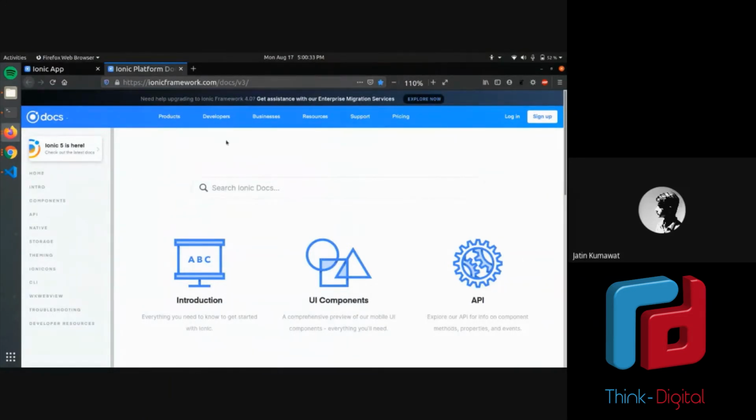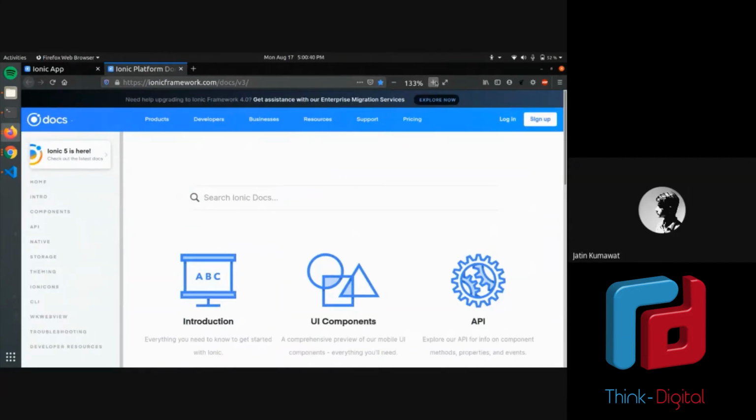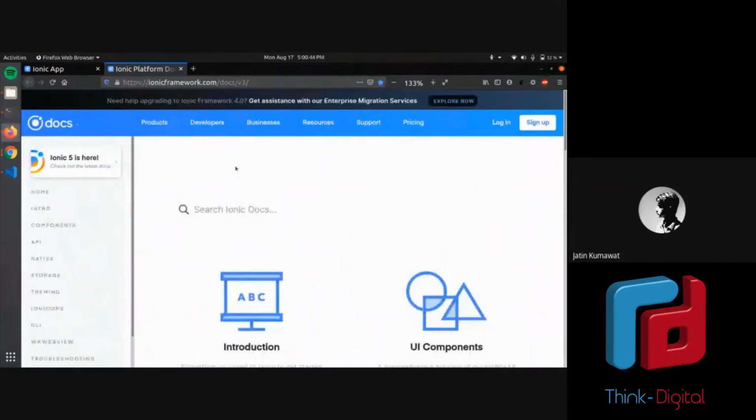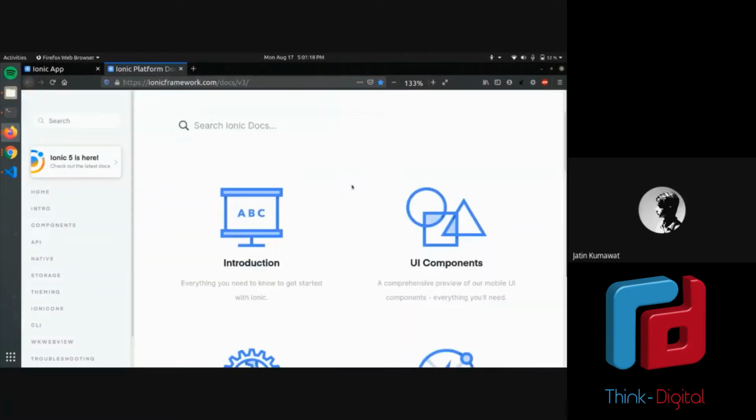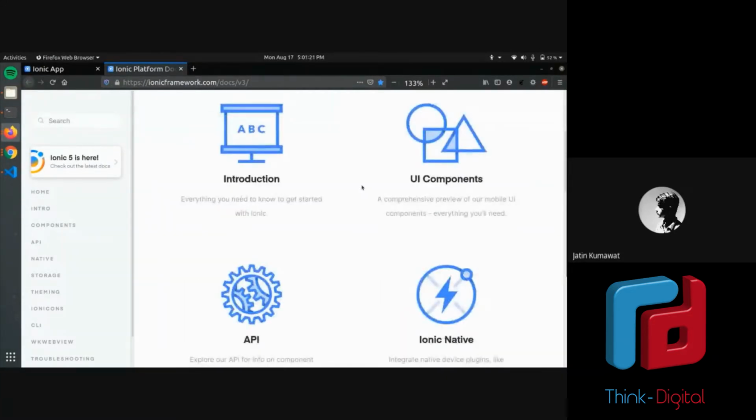So this is the Ionic framework documentation site. Bookmark this site as I already did. It has everything you want to develop the app from Ionic. Literally everything. If you want an Ionic component, say you want a card, you want an item, you want to implement any native functionalities, it has everything here written in documentation. Okay, so it has all the components. You will be using this site quite frequently today, and also, if you are developing apps further, you will be using this site.